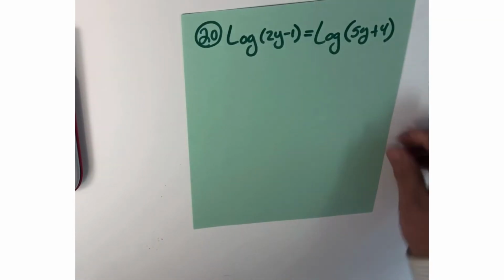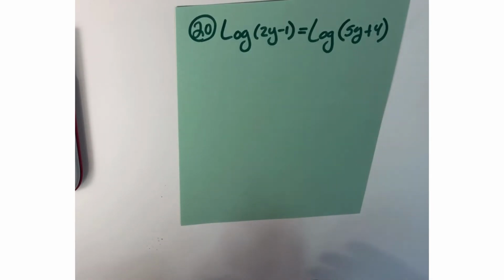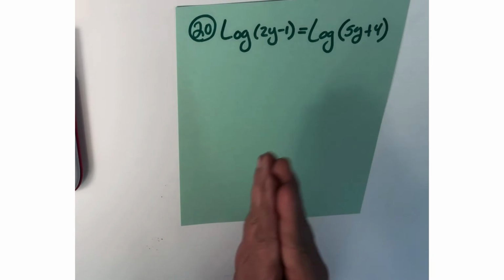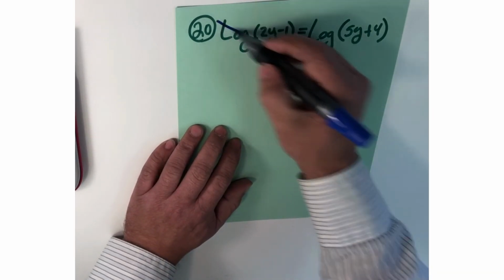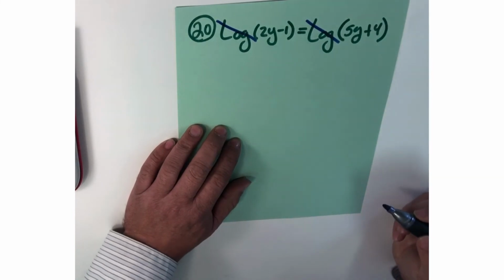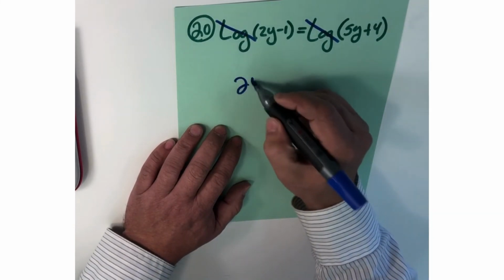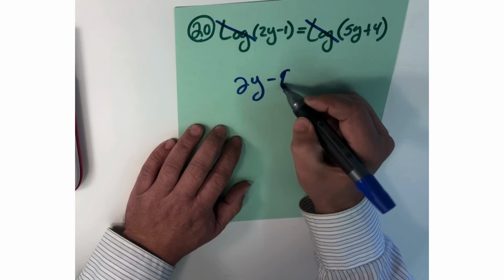Number 20. Okay, ask yourself the question, always to begin. One log, you rotate. Lots of logs, you condense. 2 equal logs, what do you do? You cancel. And here I have 2 equal logs, so I will just simply cancel and get 2y minus 1